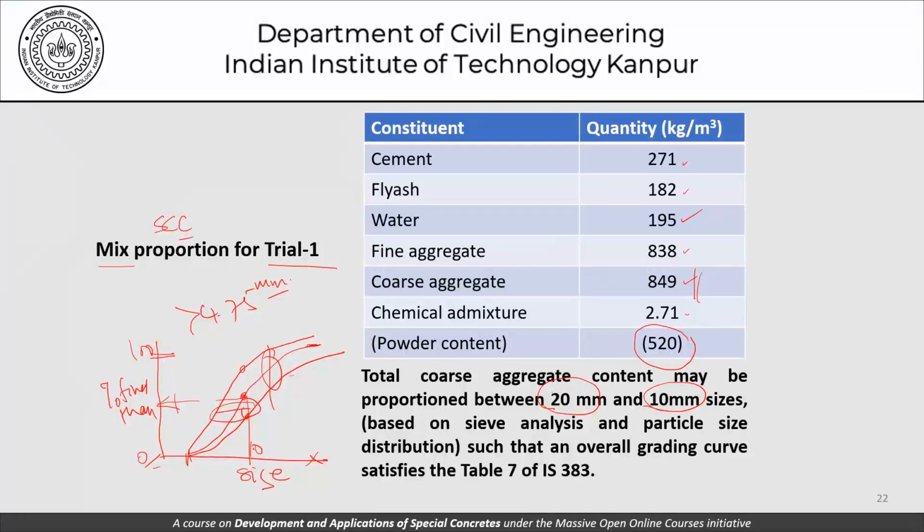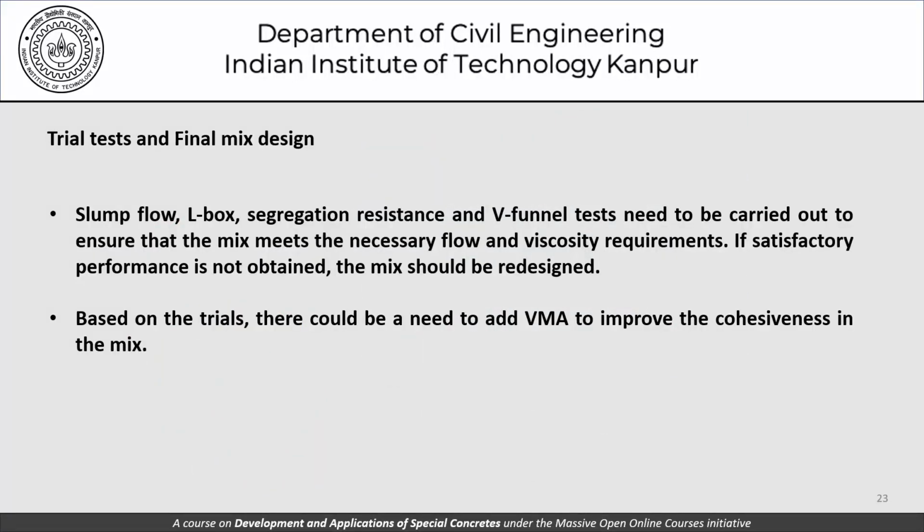You can try to go back and read the literature about it, read the codes as to how this overall grading curve is given. So you cannot have an aggregate grading curve of yours which is outside this, which gives you values which are here or here. That is not allowed. So you need to proportion or mix your 10 mm and 20 mm aggregates to make sure that your overall aggregate fits into this range that has been given in IS 383 or any such similar document. Of course, then we need to go to the trial tests, trial batches, and final mix design, which could